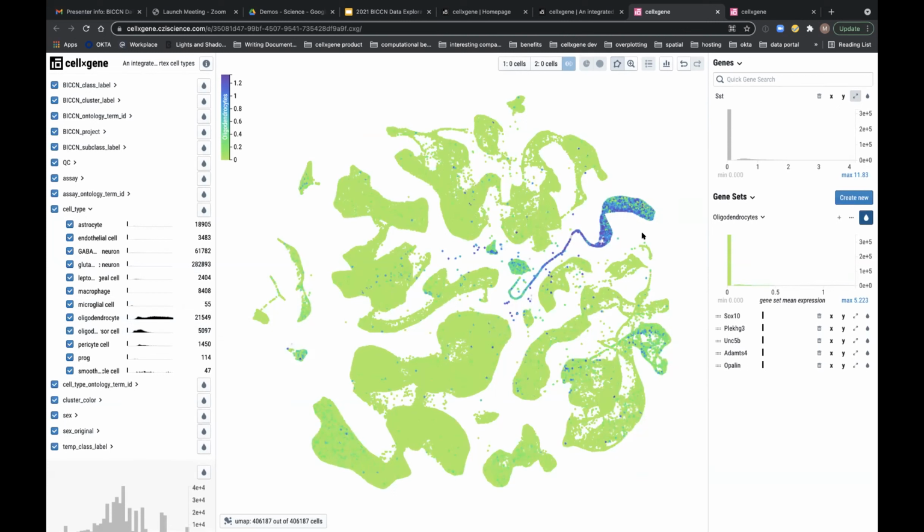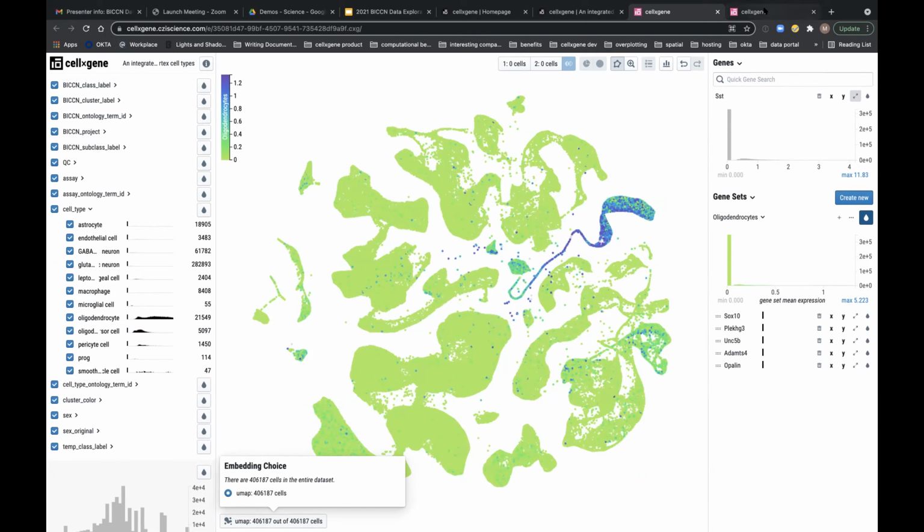That's most of the things I would say that are available in the hosted Explorer. The one thing that I didn't cover, that isn't particularly relevant to this data set, is that you can change the embedding choice. So if you have UMAP, TSNE, PCA, or different pseudotime embeddings, you can select all of those here.